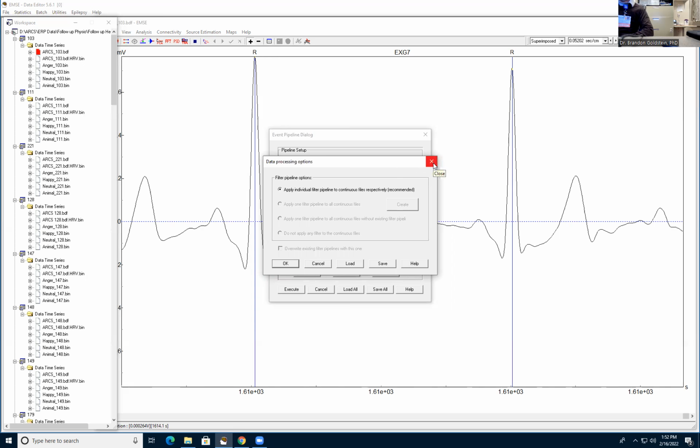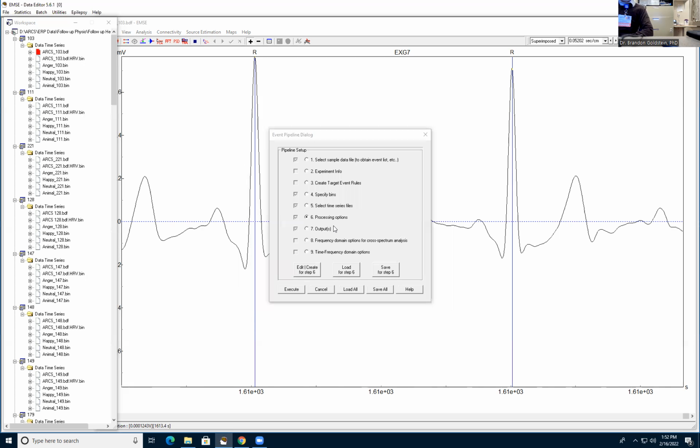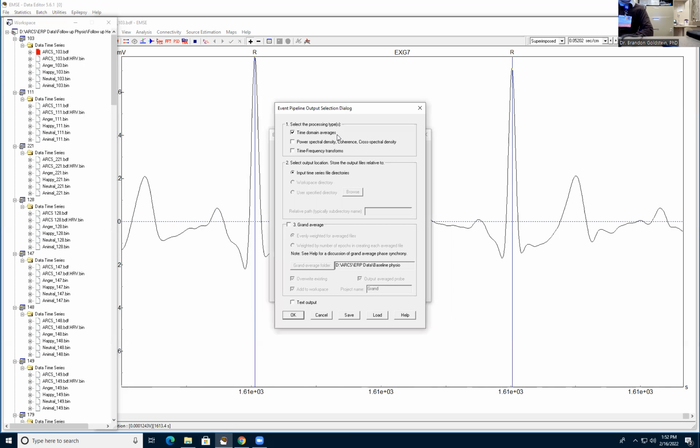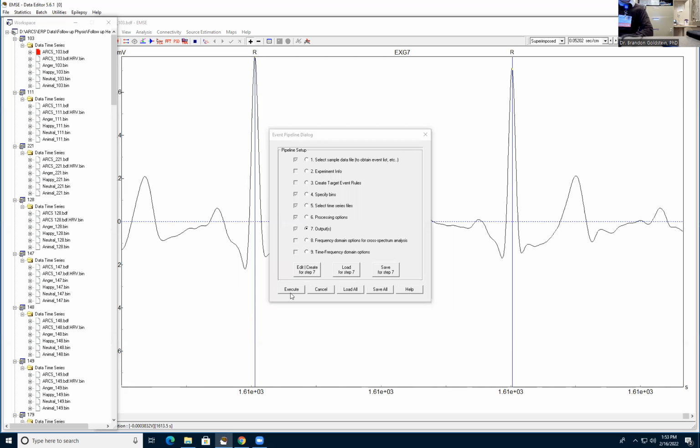Do that. It doesn't really matter for this kind of data, but it's fine to do that here. And then for output, we're talking about time domain averages. We don't need a grand average. We'll talk about that in a different video. And then you just hit execute and it would run, but we don't need to because we don't actually have any data that we're